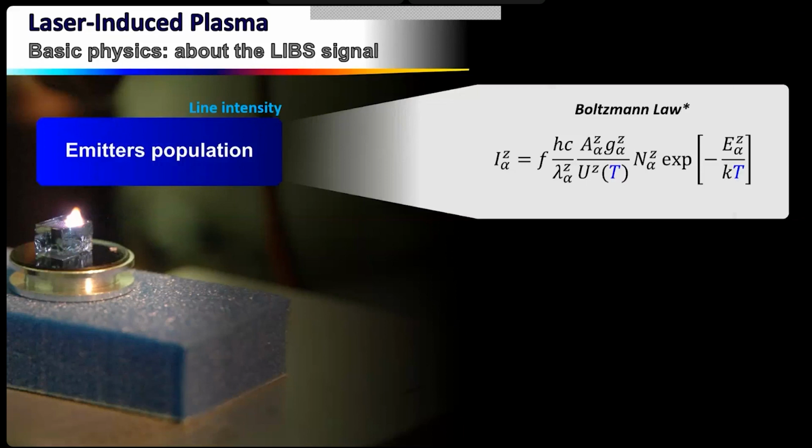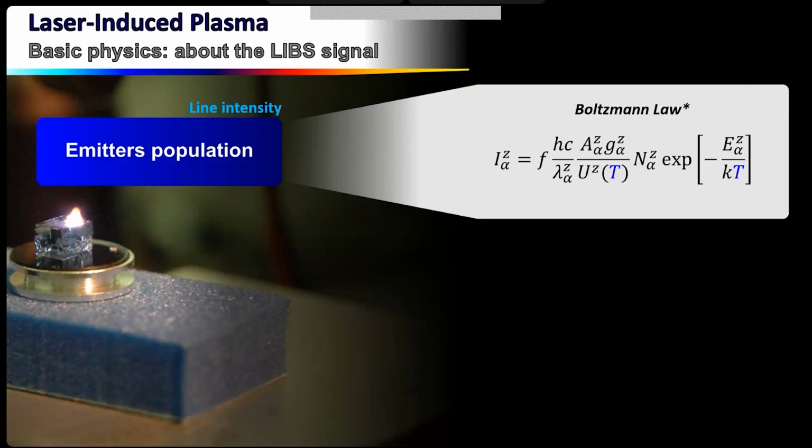The first law is the Boltzmann law that will manage the emitter populations, and that will be directly related to the line intensity measurements. So this Boltzmann law says that the intensity that you measure will be proportional to the total number density of the elements that you are working with,